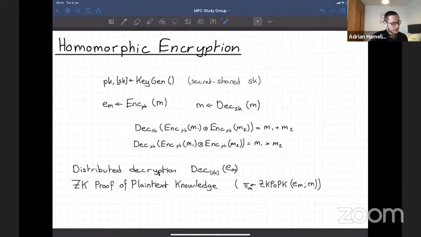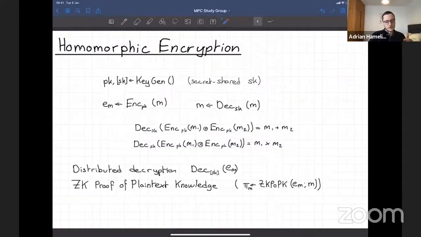For decryption, you're going to need to do it in a distributed way because you don't want to leak the secret key. So it's going to be another protocol, which is going to depend on the implementation used. But this is quite involved. In general, these homomorphic encryption protocols are quite involved.